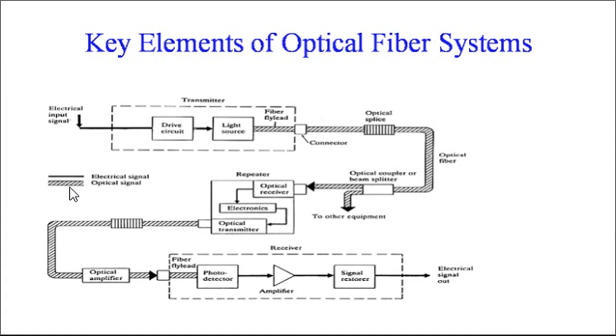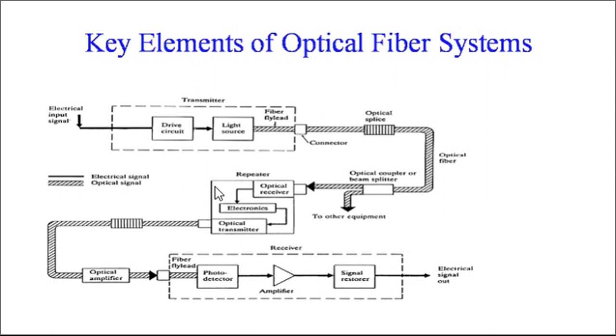So starting with this, these are the major elements of an optical fiber transmission link. The basic components are the light signal transmitter, optical fiber cable, and the photodetector receiver. In addition, they include the fiber, cable splice, connector, regenerator, beam splitter, and optical amplifier. An optical fiber transmission link comprises the elements as shown in this figure, right?